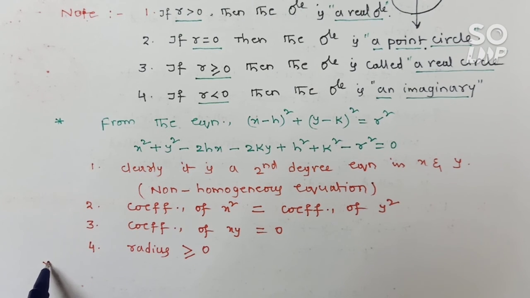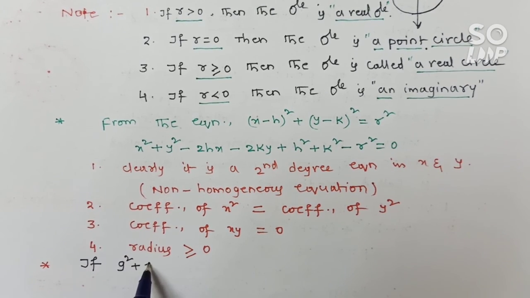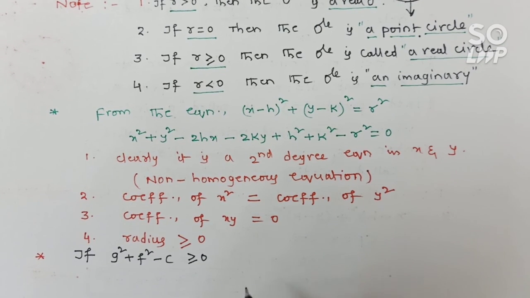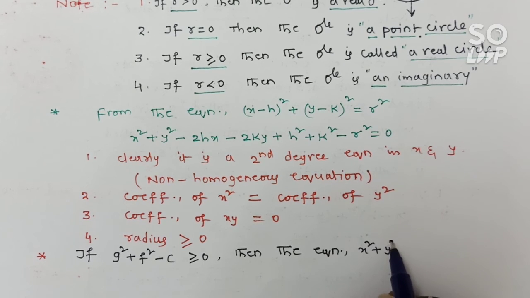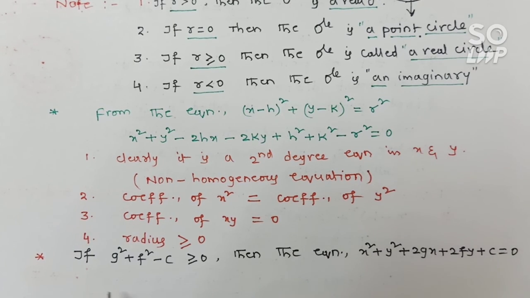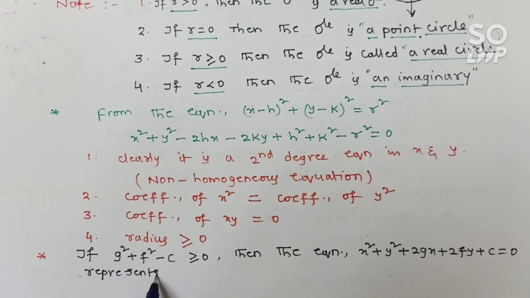The next thing is that if g square plus f square minus c is greater than or equal to 0, then the equation x square plus y square plus 2 into gx plus 2 into fy plus c is equal to 0 represents a circle,